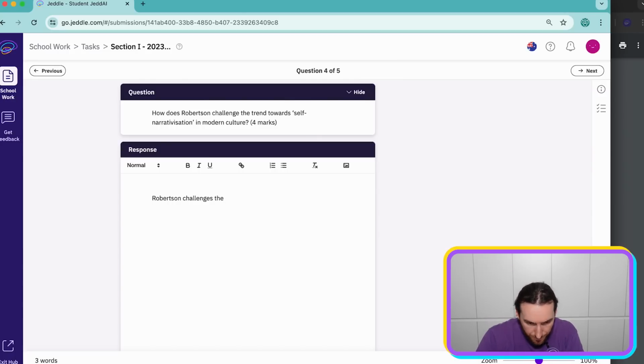Robertson challenges the trend towards self-narrativization, I don't need to repeat the "in modern culture", by, I would say he's kind of satirizing, but he's mocking, ridiculing, by ridiculing people's inflated sense of self-importance, in always needing to have a story, right? By ridiculing people's inflated sense of self-importance as they